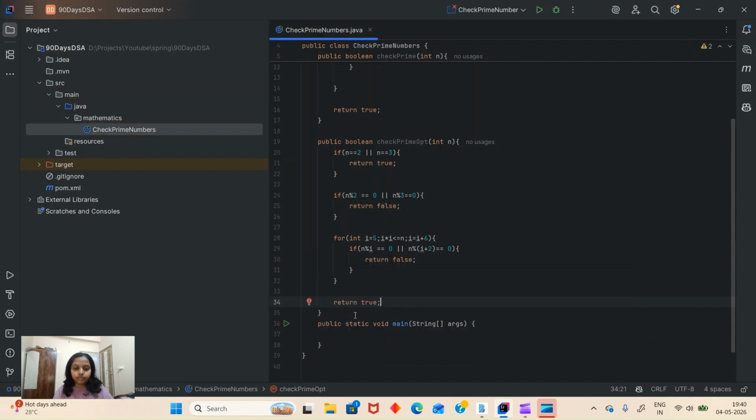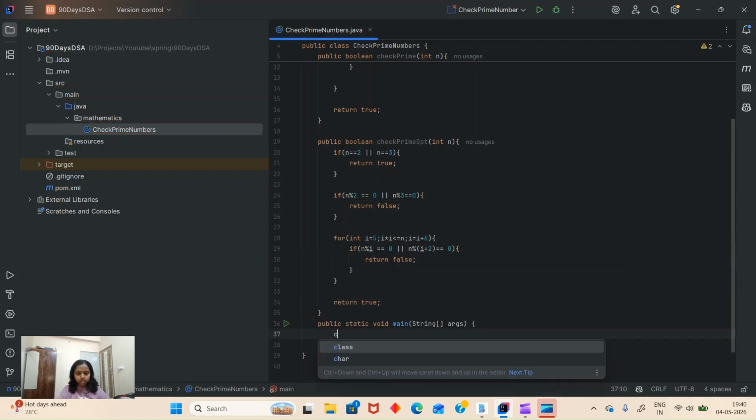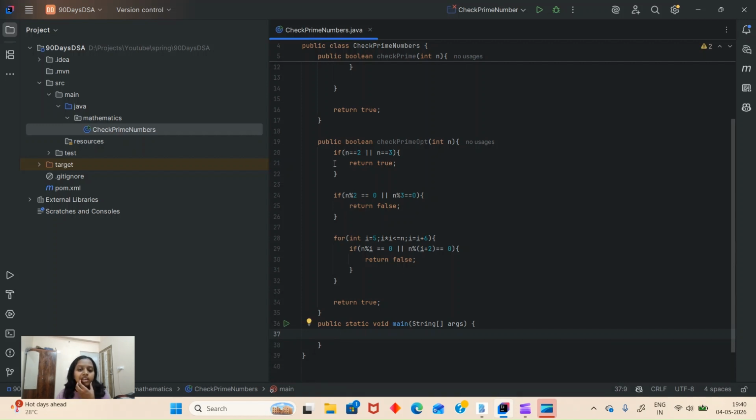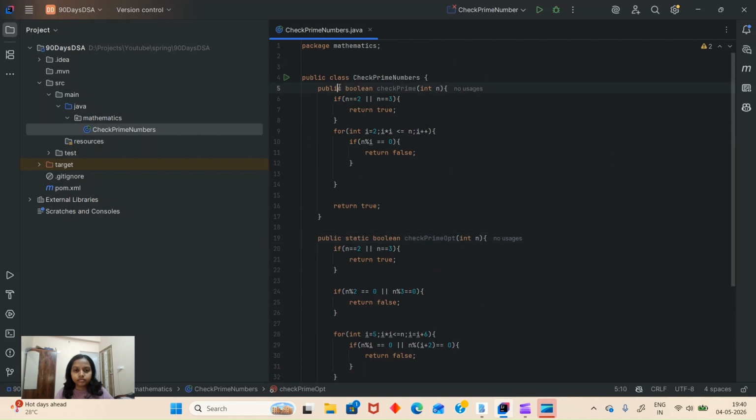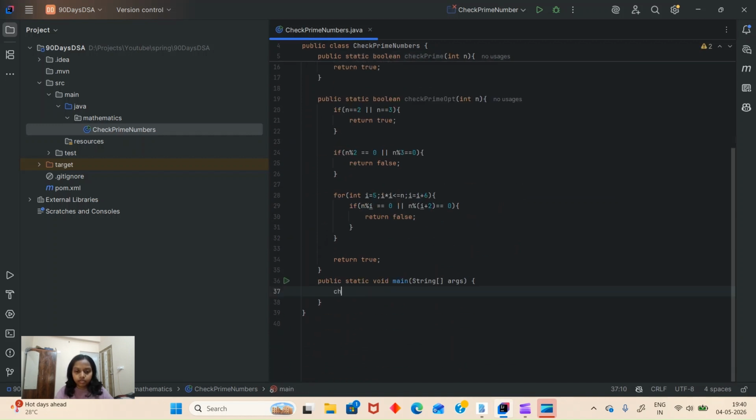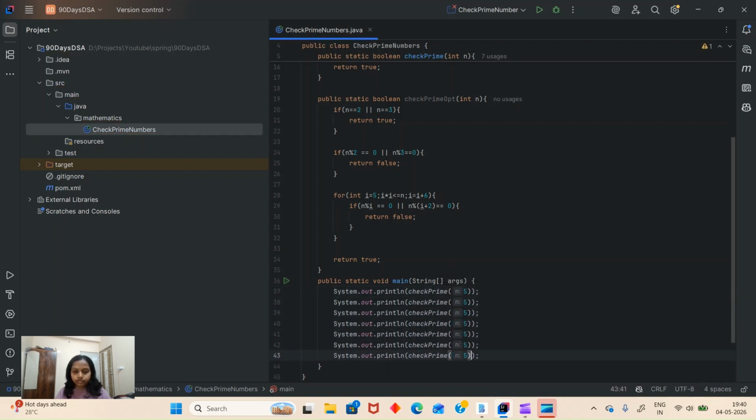That's it. We'll add this as static, and we have to print checkPrime. Let's say 5, 3, 4, 89, 589, something.